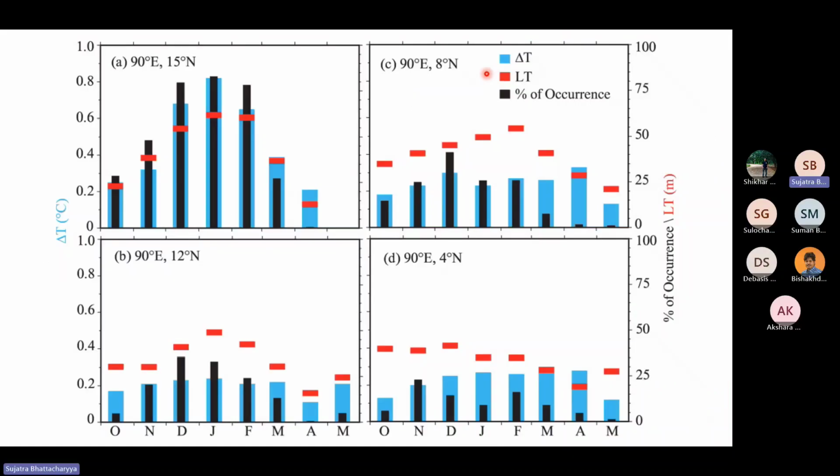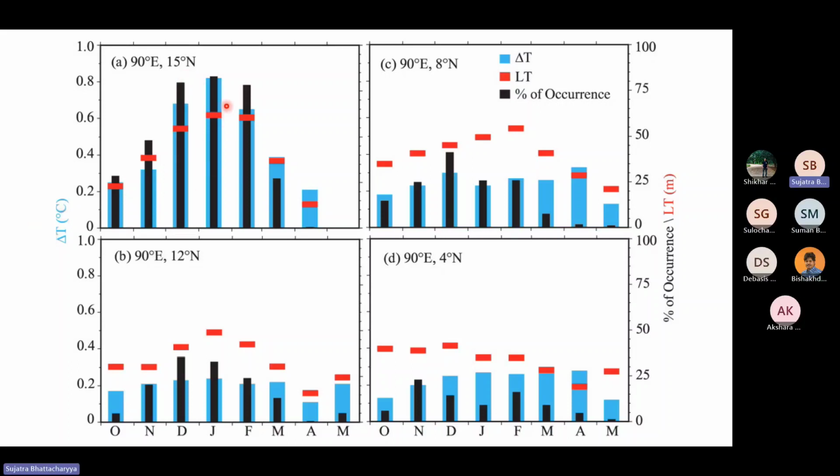Right. So these are the seasonal variations of the magnitude of the inversion, which is delta T, the inversion layer thickness, which is LT, and these are the percent occurrences, which is nothing but the seasonal variation, for different latitudes from different RAMA buoys, plotted from October to March. And one can clearly see here that in the northernmost Bay of Bengal, which is at 15° north, you have more percent of occurrence of these inversion layers, as well as the magnitude of these inversions plotted in